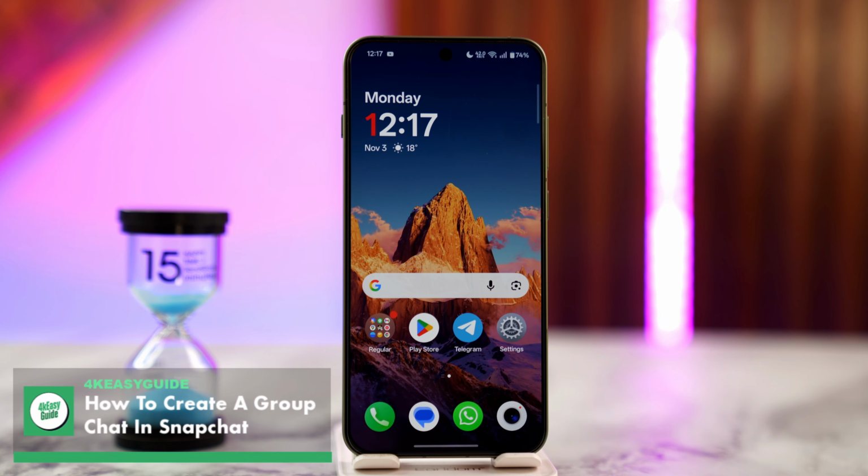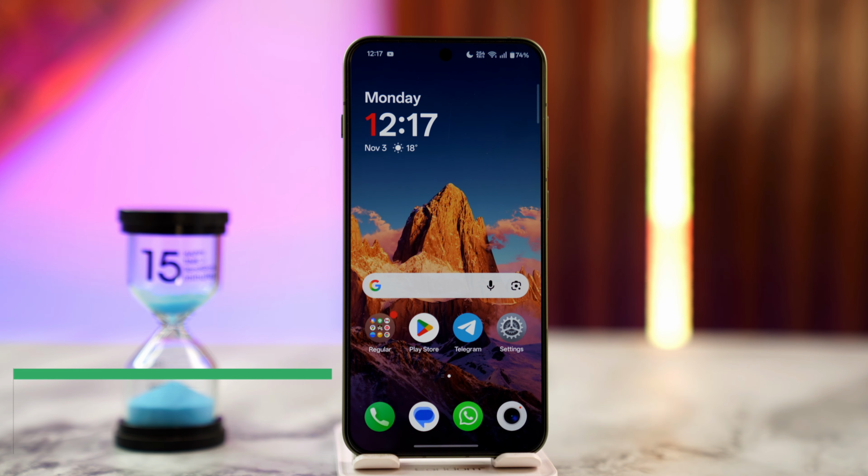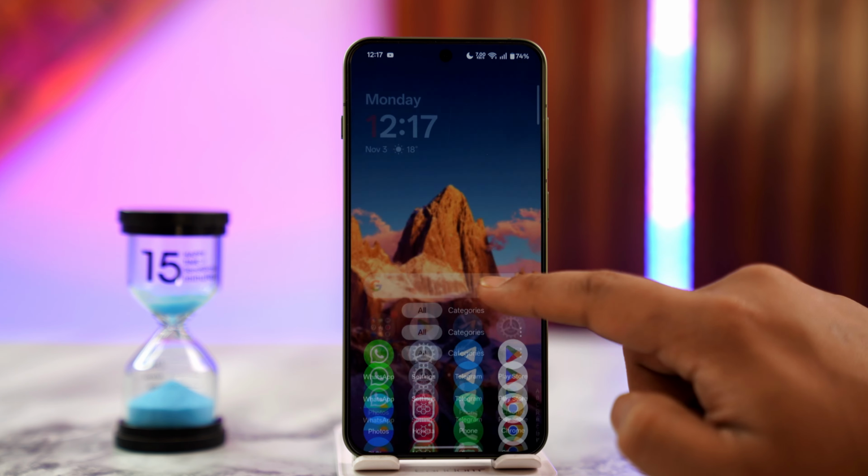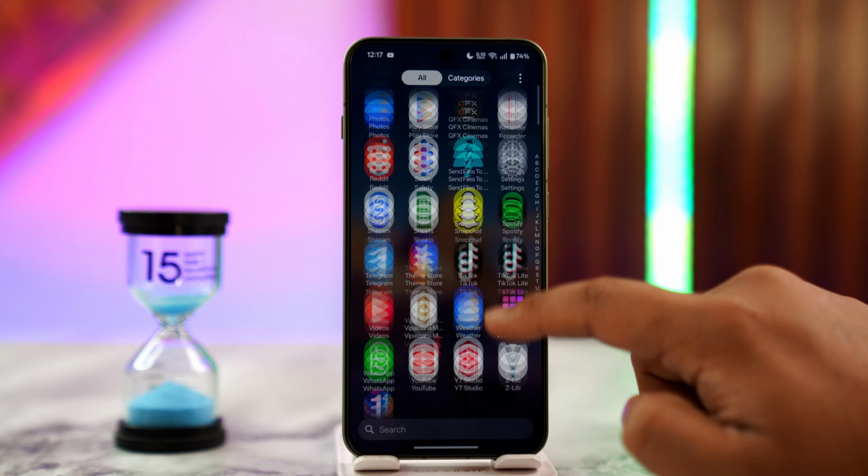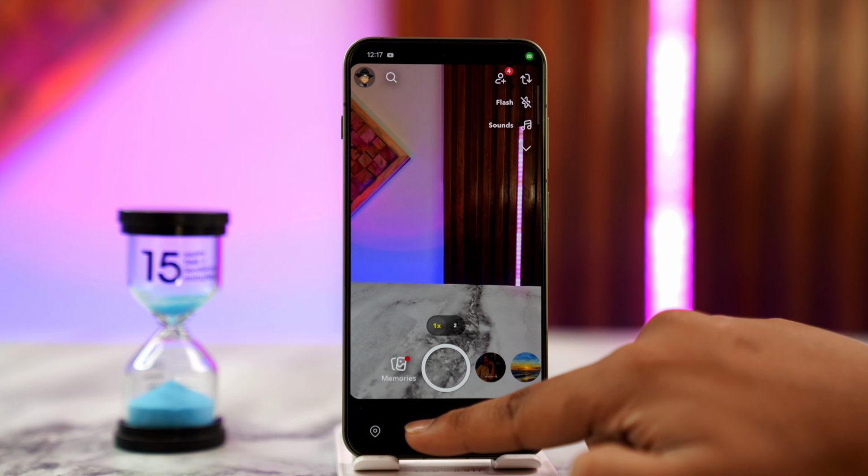How to create a group chat in Snapchat. Creating a group chat within Snapchat is a fairly simple task. In order to do this, we will just launch the Snapchat application and we will go to our chat page